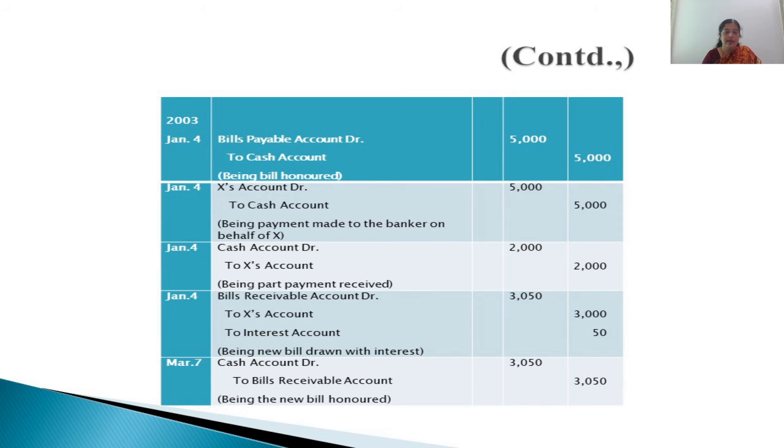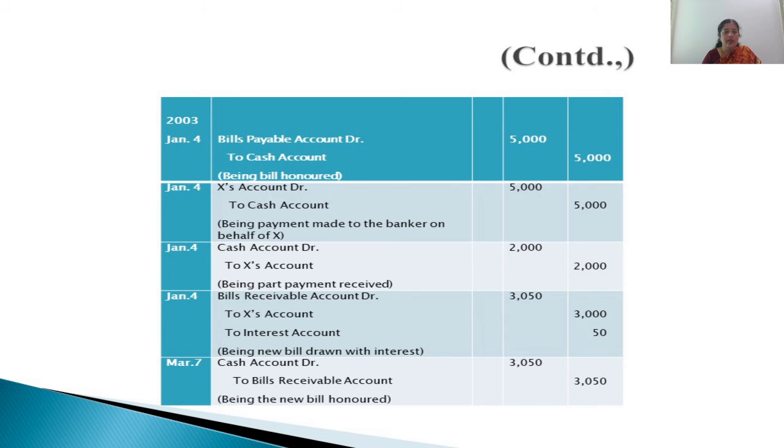That is the bill which happens to be our bills receivable and which we had discounted with our banker is presented to him on the due date and on which he is unable to pay. So we had taken the responsibility. So on his behalf we have made payment to our banker. So X account debited to cash account, cash is going out, but X continues to be our debtor because he still has to pay us 5,000, the value of the original bill.